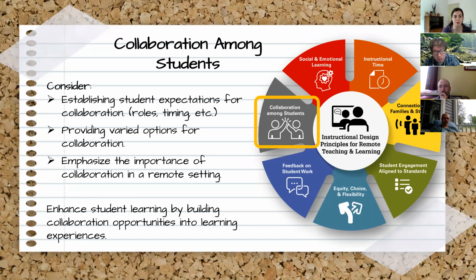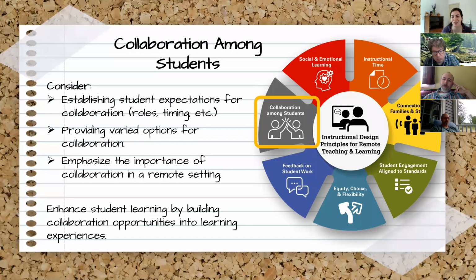Sometimes you might refrain from assigning roles because you want students to work that out between themselves, but you might let them know what the roles are so that they know, okay, one person is going to be the note taker, one person's going to be the creator, one person's going to be the designer. I'm just throwing stuff out there, but when you set the groundwork for the expectations, especially in a remote learning environment, you'll have more success, because clear expectations are a real,